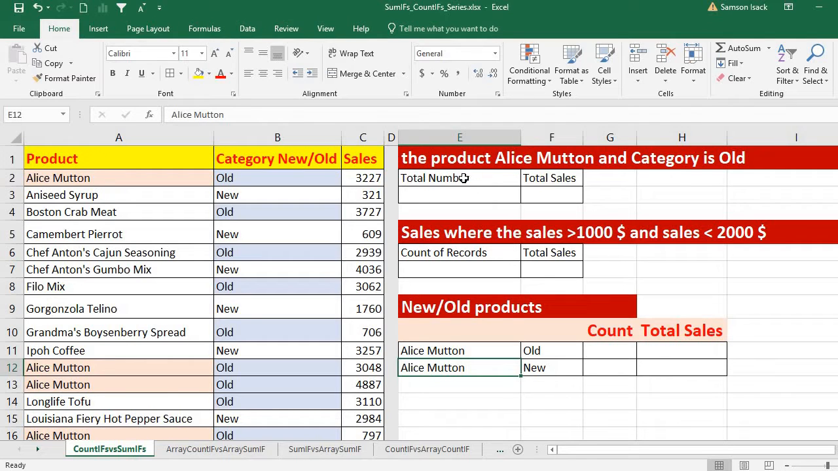Okay, similarly we also have the SumIFs function, which also has different IFs, and if all the IFs are satisfied, then only it will sum it up. Okay, so I have here the data of products and the category new or old, and the